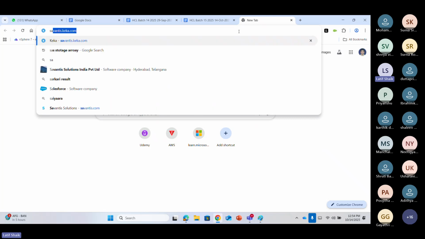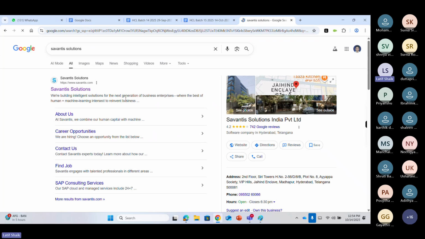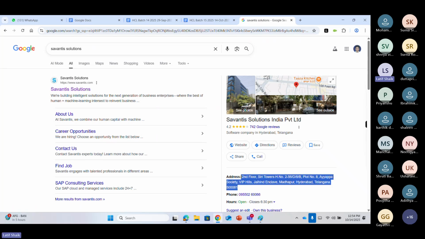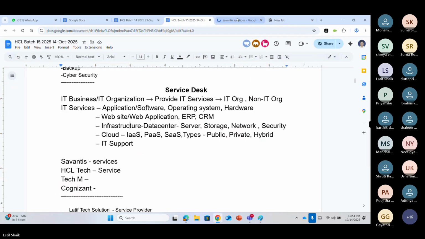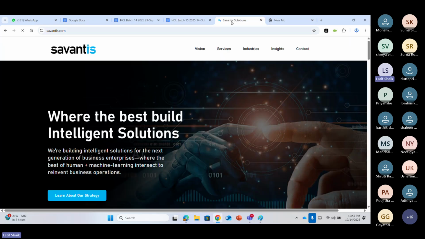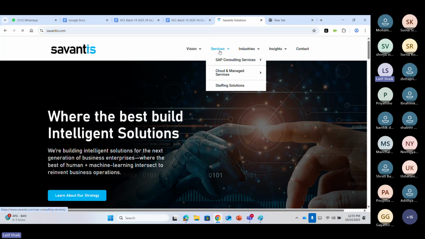You go one by one. For example, you go to the Savantis company. This is the Savantis website, and this is our Hyderabad office address. Okay. You go to the Savantis website. This is also useful for you if you want to present. There is one question: what do you know about Savantis? Why is my net not good? Yeah, Savantis, open. You see services